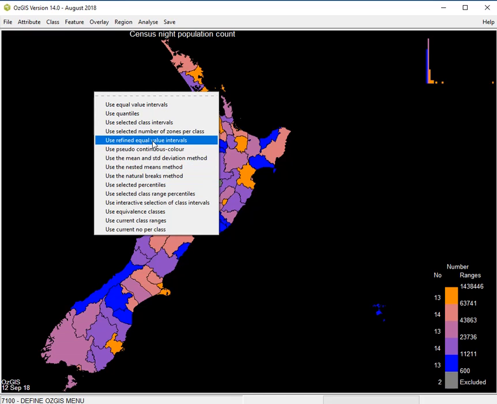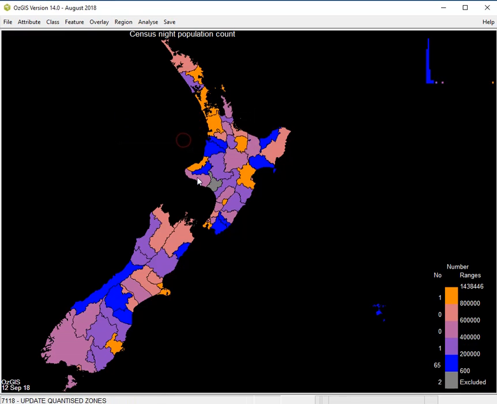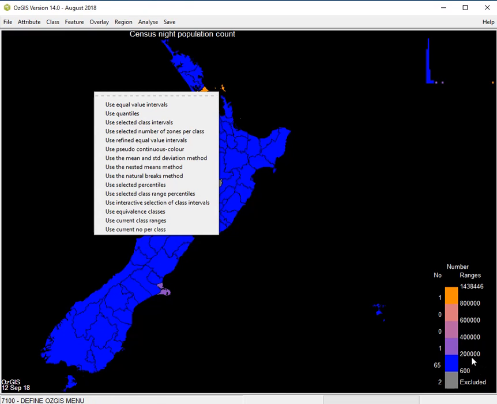You can use, for example, refined equal value intervals, and here all that happens is they select nice intervals on your map. Now, if you're doing an atlas or something like that, you may want this sort of thing. If you're analysing your data, then you're usually interested in real values. Other methods,